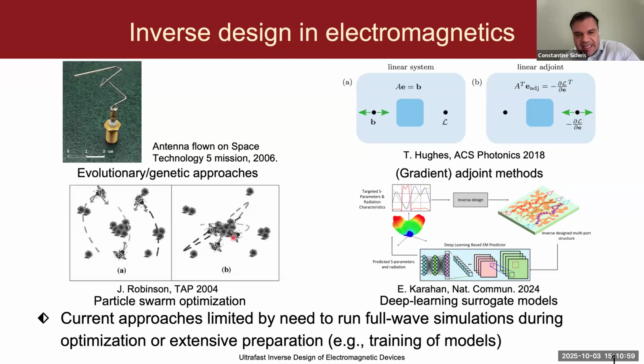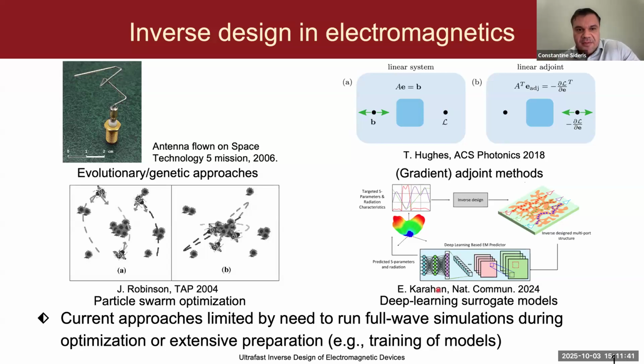Because of this, many techniques and much effort has gone towards reducing this cost. However, such approaches nonetheless still face significant limitations. For example, the gradient-based adjoint methods leverage the adjoint method to more efficiently compute the gradient for doing gradient-based searches. However, that still requires 2 full-wave electromagnetic simulations each step of the way. And more recently, deep learning has been investigated. Machine learning and AI approaches have been investigated to develop neural network-based surrogate models that can replace the EM solver for evaluating the objective function.